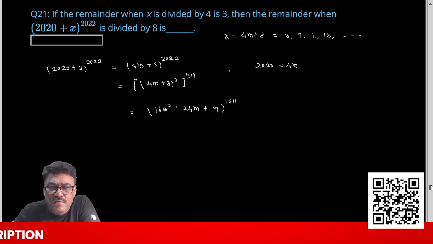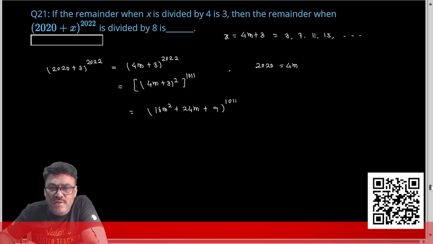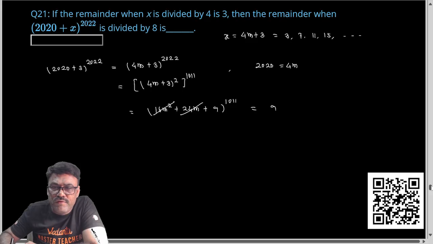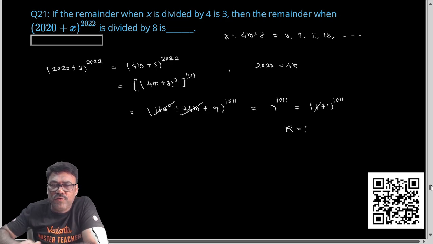Now, obviously, this 16m square is divisible by 8, so it can be erased. 24m is divisible by 8, so it can be erased. So now I'm left with 9 raised to 1011. 9 can be written as 8 plus 1 raised to 1011. So this 8 can also be erased. So remainder is basically, so your remainder will be